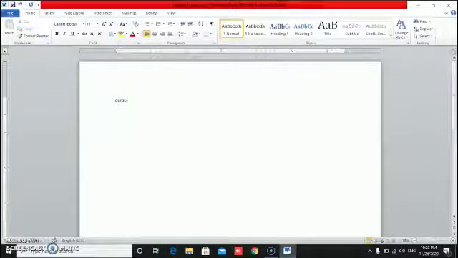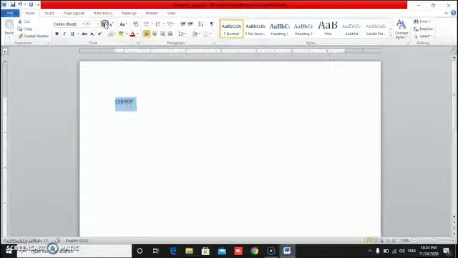What is it called? Cursor. Now I want to make it big. Now click on the left side of the text and drag the mouse on it. Hold the mouse button and drag it. It will be selected, or you can click 2 times, then this word will be selected.